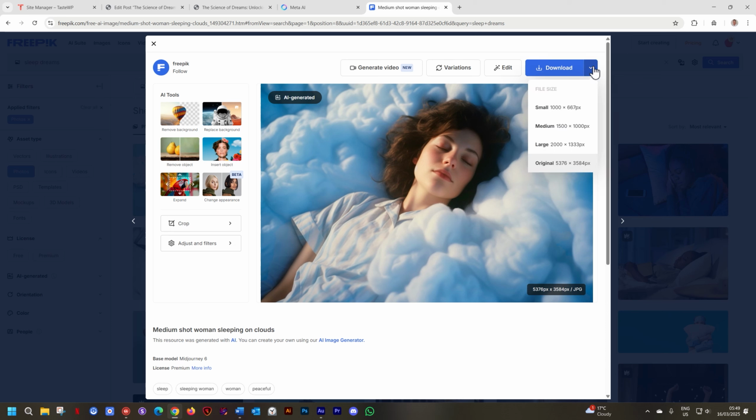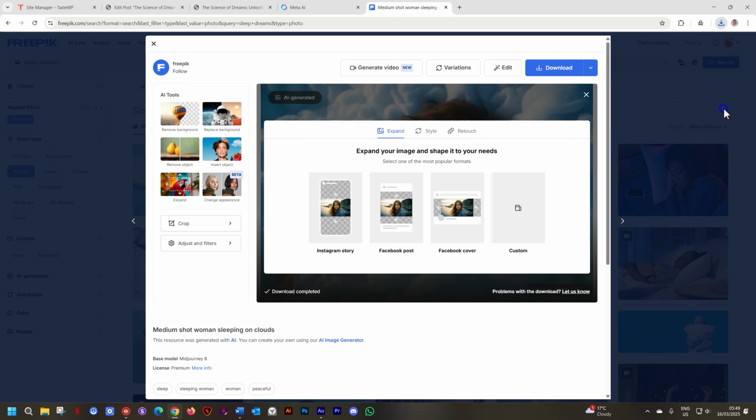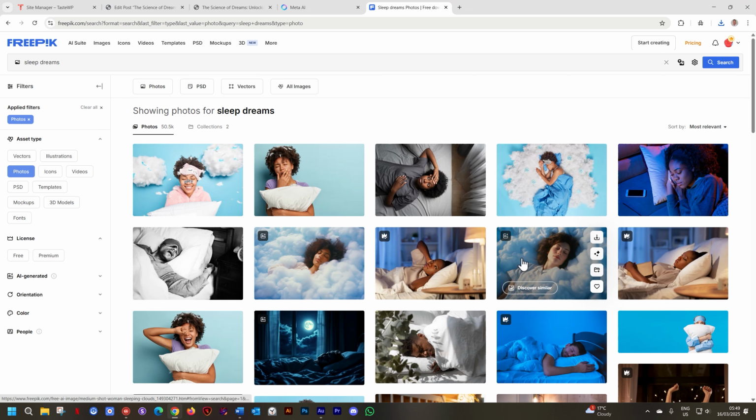And you can go to download and you see you have different sizes here. But I want to show you from scratch, so we stick to the original and click on download. And before I continue, just click outside here. This is a free image. Wherever you see this little crown, it will say premium content unlocked. For me, it's unlocked, but for you, if you haven't signed up with Freepik, it will be blocked. But all these that don't have that little crown icon are for free, so you can use them.